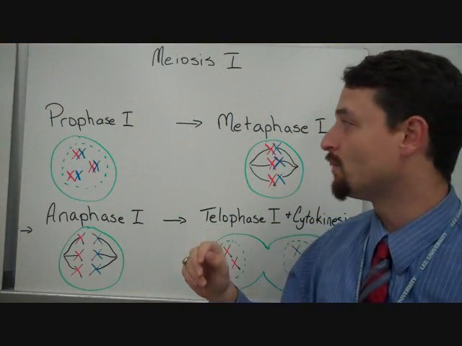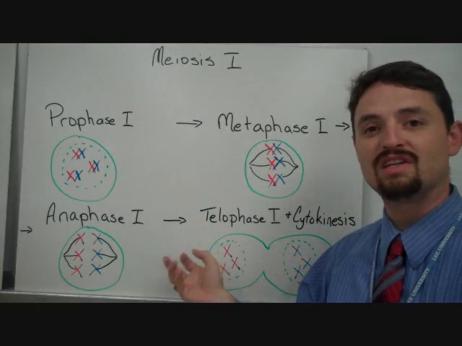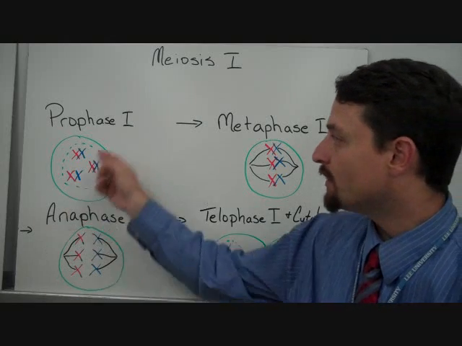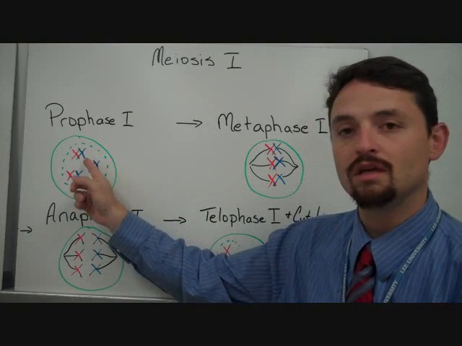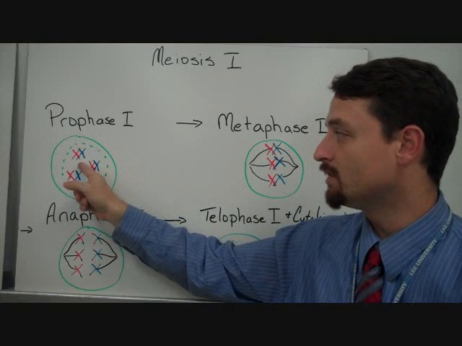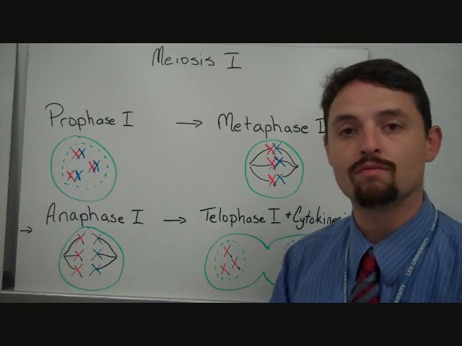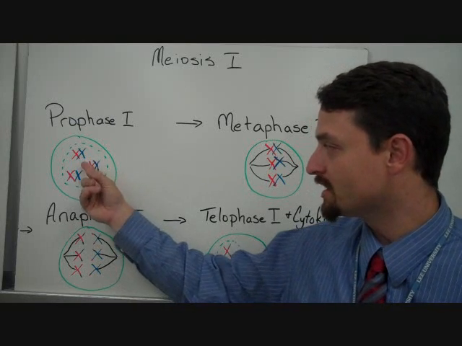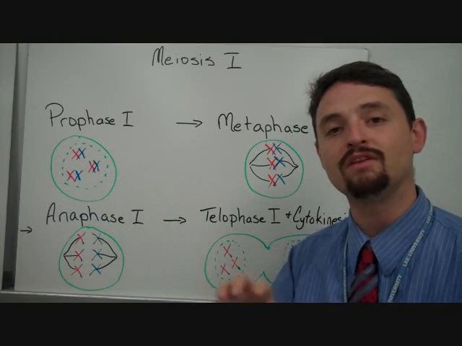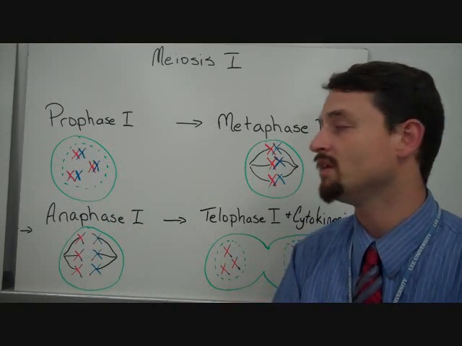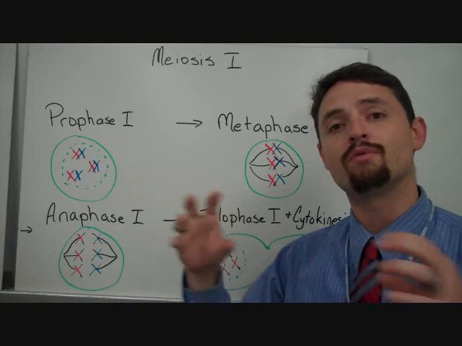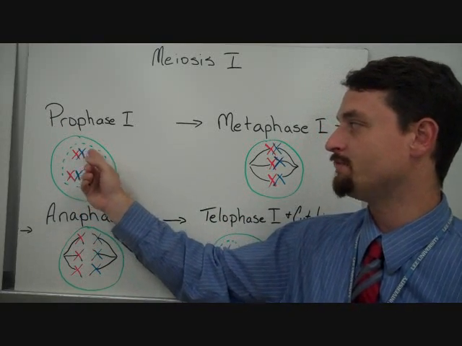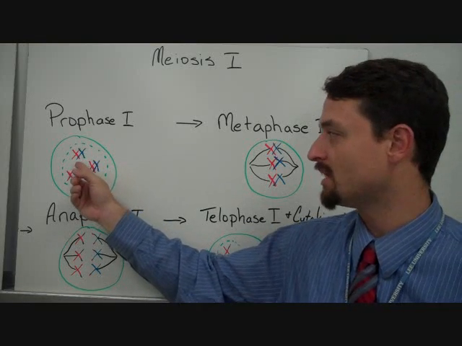So when we look at meiosis 1, there are 4 main steps. You might say 5, depending on whether you consider cytokinesis its own step or not. So we've got prophase 1, where the homologous chromosomes will get next to their pair, meaning the one from mom gets next to the one from dad. And you'll actually get what we call crossing over taking place, where a piece of one will break off and unite with a piece of the other. But right now, they're not pulled apart yet. This is called a tetrad, where you've got technically 4 chromosomes connected to each other